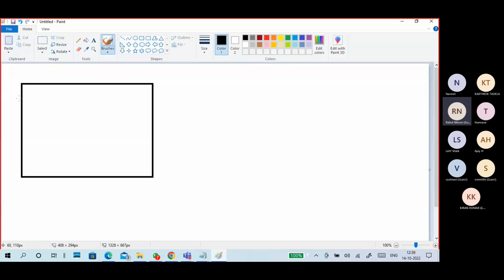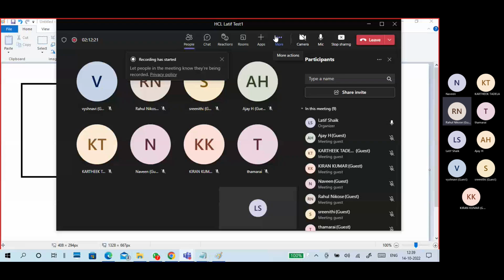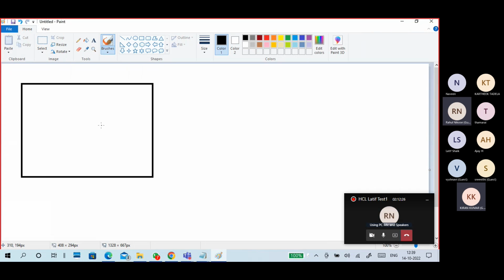Can you see, this is an organization? For example, our organization. Can you see my screen? Screen is visible, yes, sir. So this is, for example, my New Jersey office at New Jersey location.